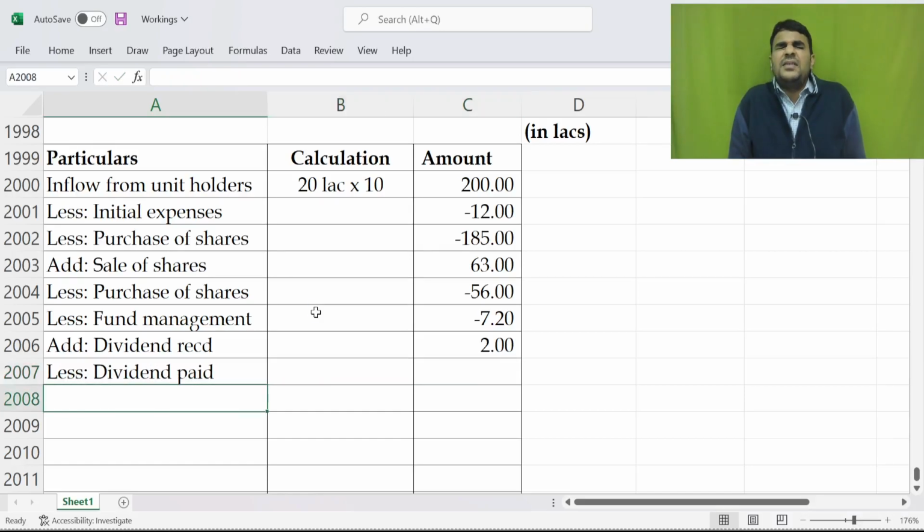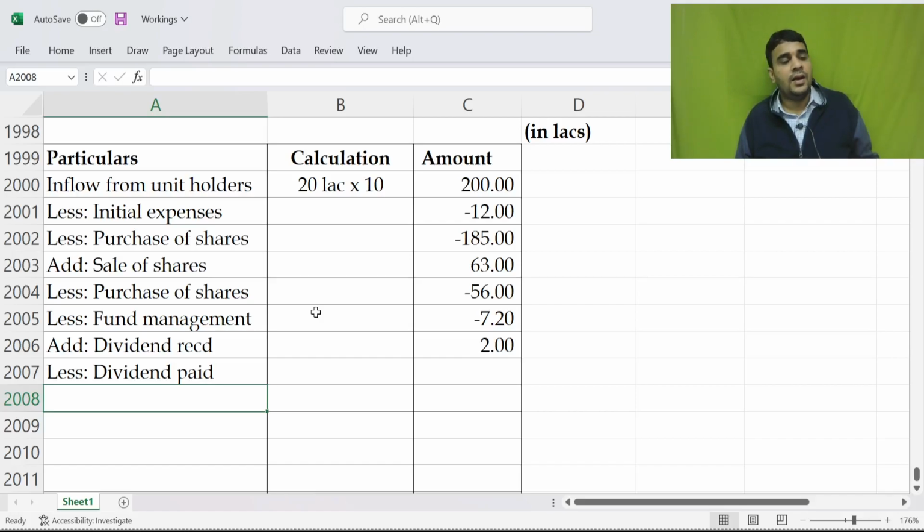How much is the dividend paid? 80% of realized earnings. So 80% of 2 lakh, how much? 1 lakh. What is the dividend paid? Is it 80% of 2 lakh? Then,